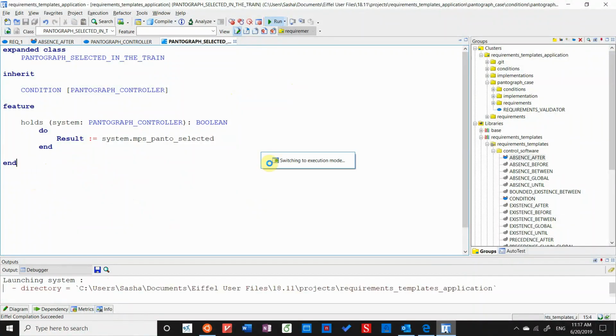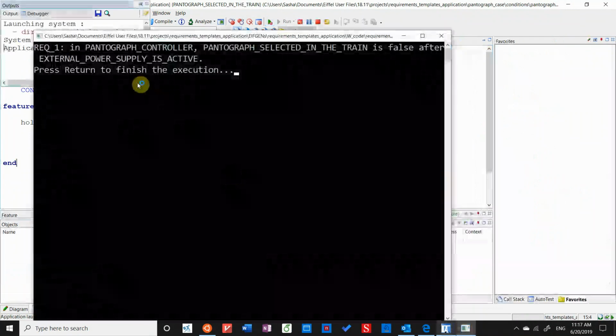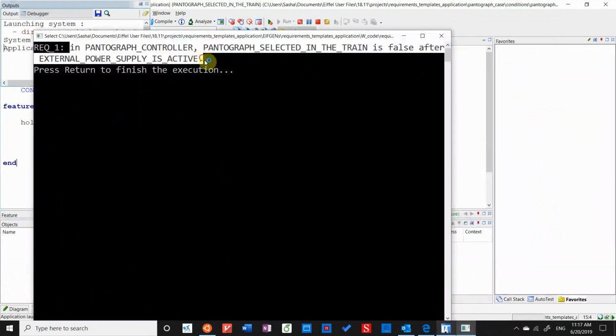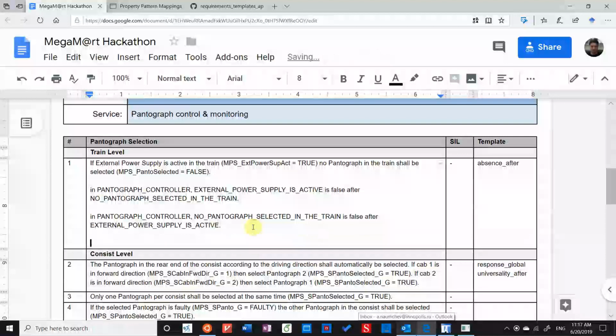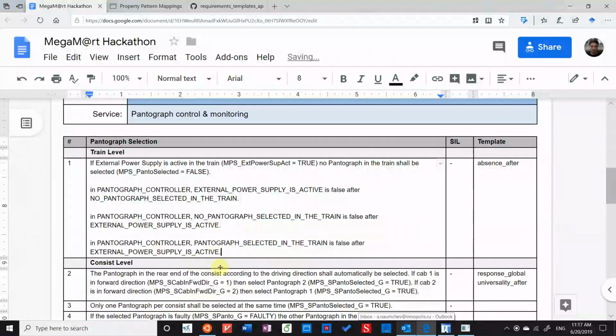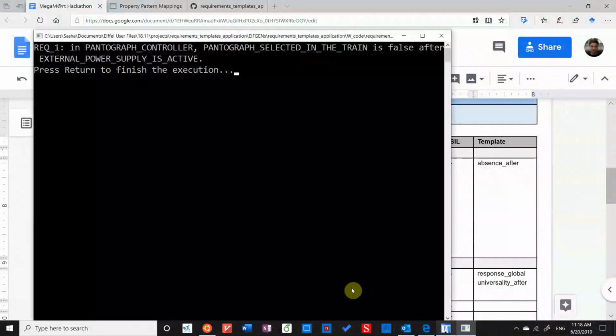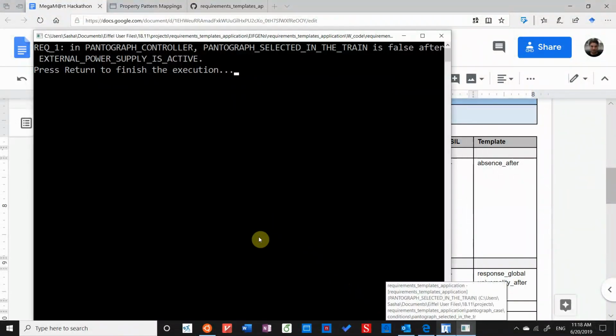Now we run it again. Now it says pantograph selected in the train is false after external power supply is active. So now this seems to be reflecting the original meaning, and we can proceed with